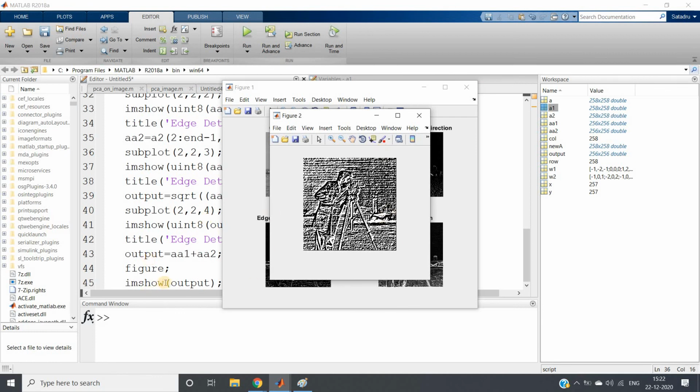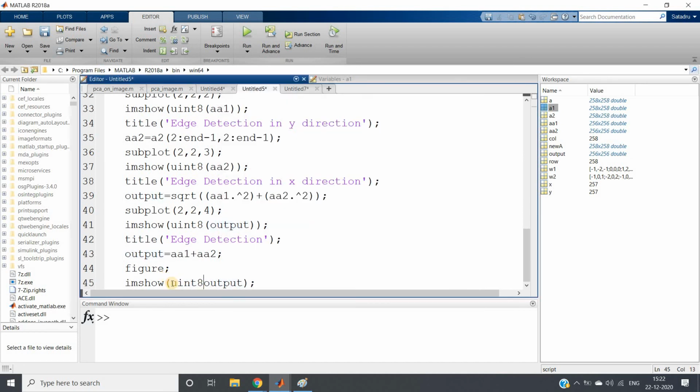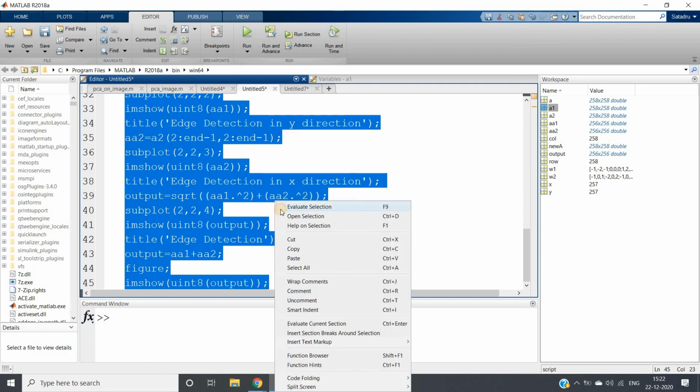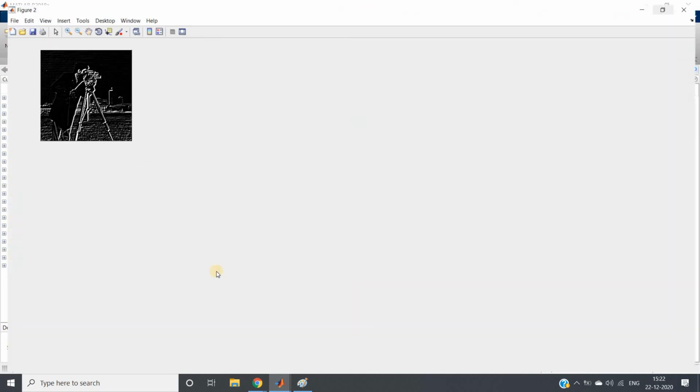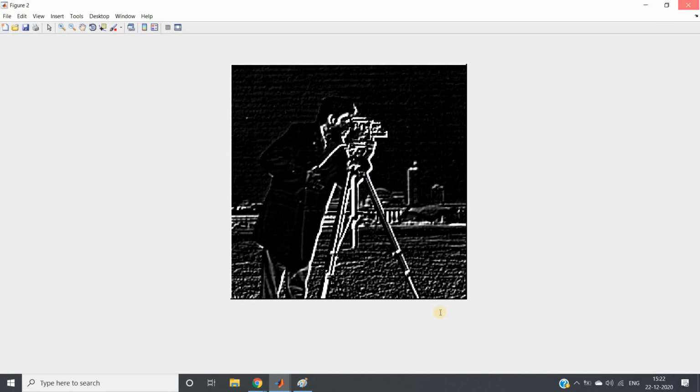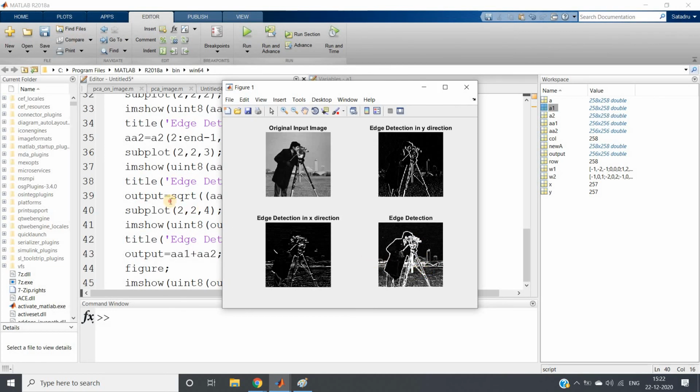So here we are getting it like this because this is in double, right? So we will convert double to unsigned integer 8 so that we can easily visualize the same. Control A, evaluate selection. So see, this is our edge detected image, and this one is basically only the magnitude part, right?